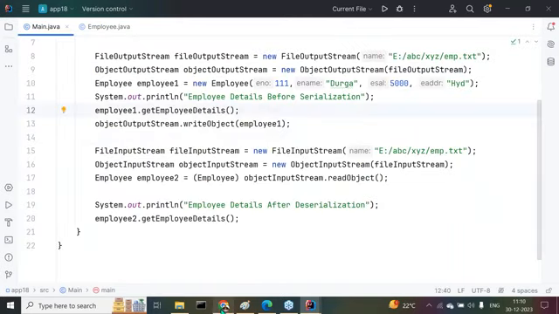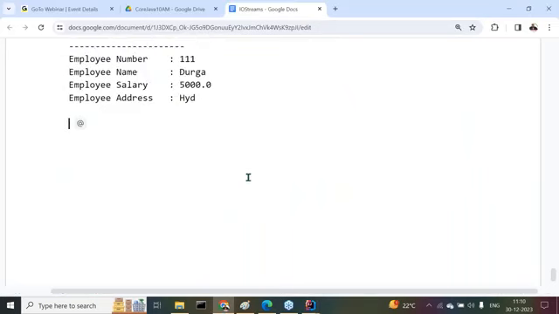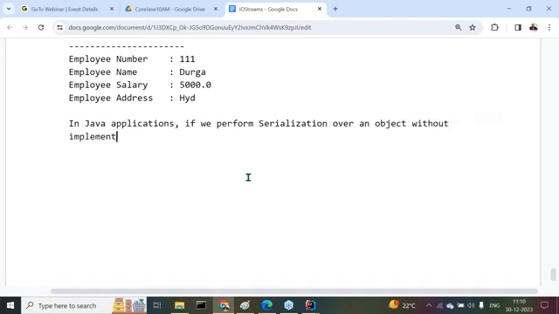Now the point is, in Java applications, everybody understand it clearly: if you perform serialization over an object without implementing the java.io.Serializable marker interface,